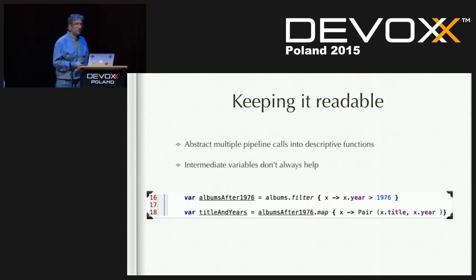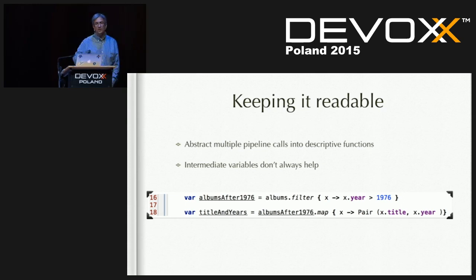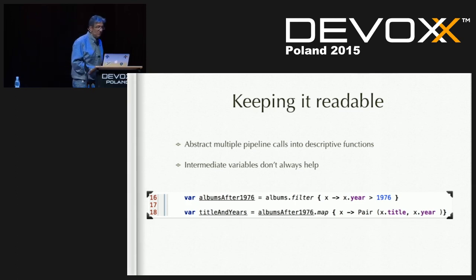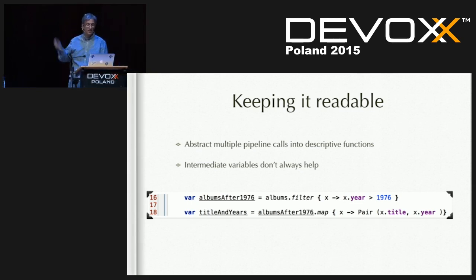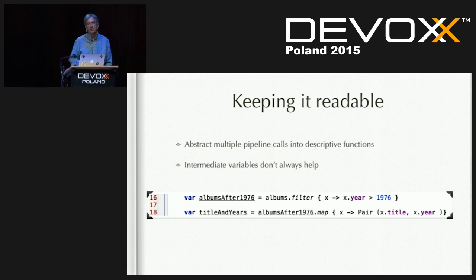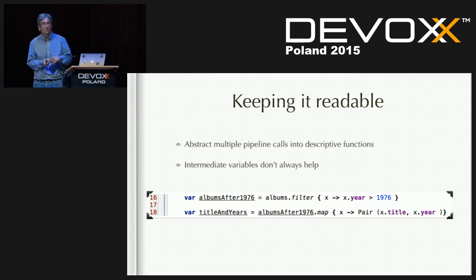Now, here's where things start to go wrong, because we need to also keep it readable. If we start to pipeline too many functions one after another, we can stop being able to easily reason about it. And then we go back to where we were. We go back to that first slide where we're looking through a loop, we're looking through moving parts, and we're not understanding what's happening. Now, you could, of course, create intermediate variables that say, okay, I've got the albums after a certain date, and then filter that, and then pass that to another value. But what you could also do is actually extract functions, right? If you have multiple functions that you're using over and over again, you can extract those and pass in another function to define the actual behavior.